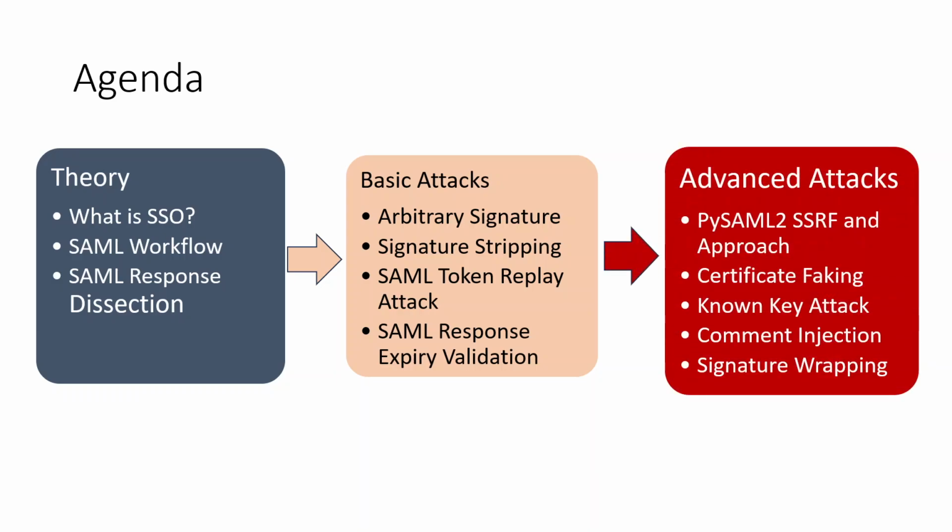And eventually, slowly we will move towards the advanced attack section, in which we will start from SSRF vulnerability. When it comes to SAML authentication implementation, there are some default libraries that developers can utilize to fetch the SAML response. PySAML2 is one such library. If this library has been used to fetch the SAML response, then how can we perform SSRF on the SAML authentication workflow? Certificate faking attack, known key attack,